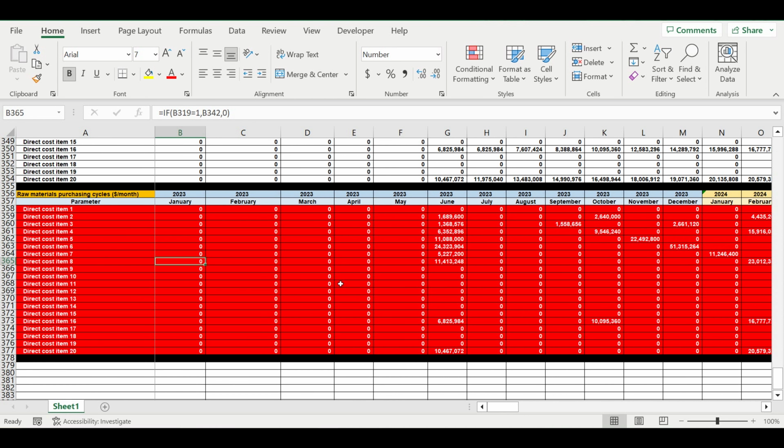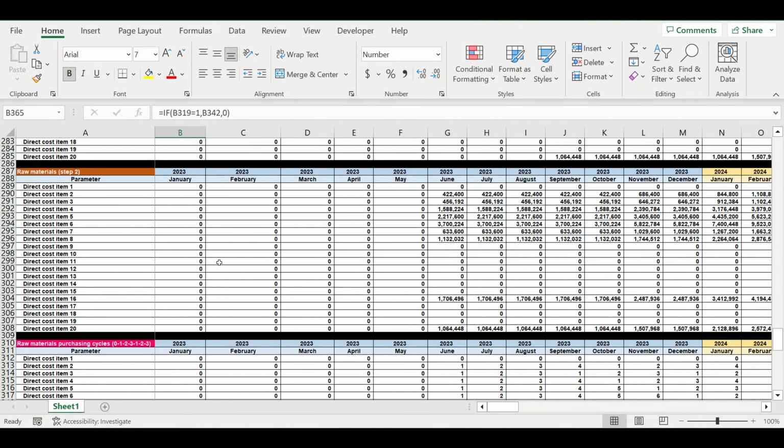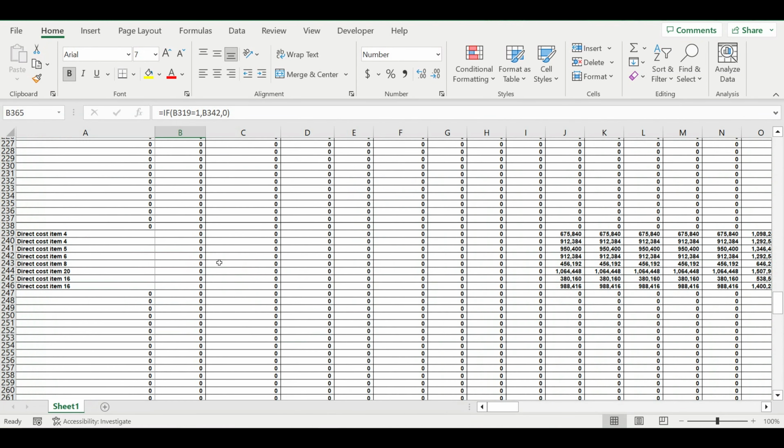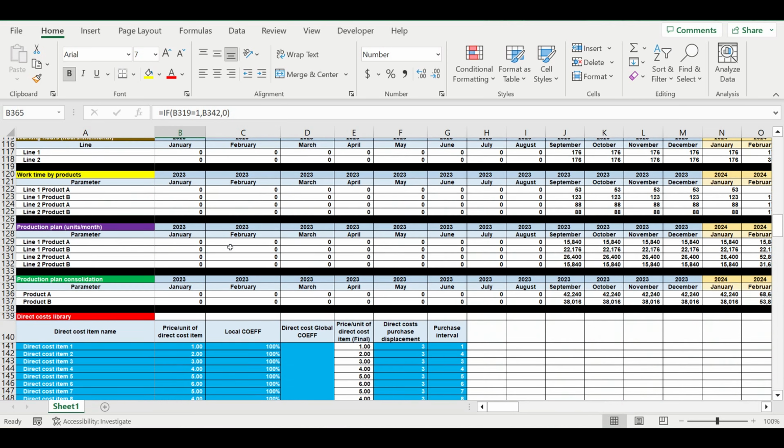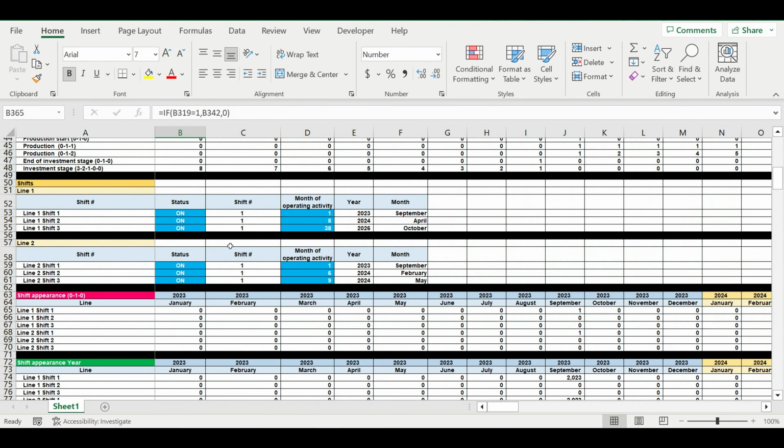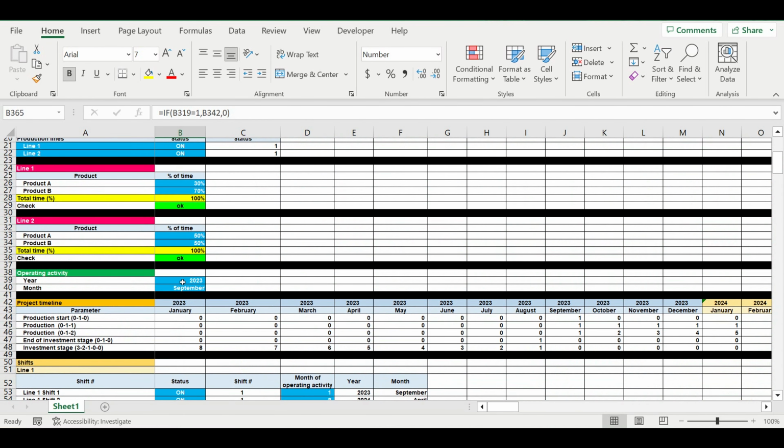So the best solution for the investment plan is this: this is the moment when we start operating activity. Here is the moment when manufacturing processes start working, and before this moment we are linking our investment plan. We need to do that to avoid different